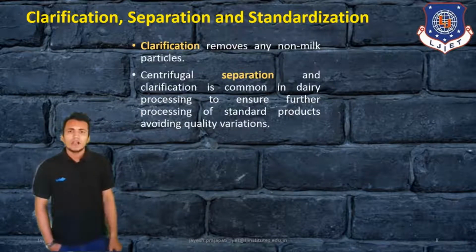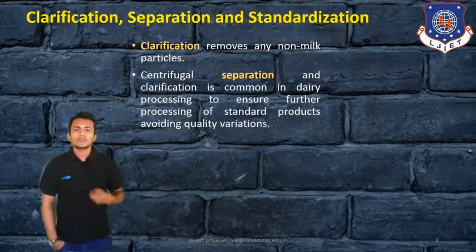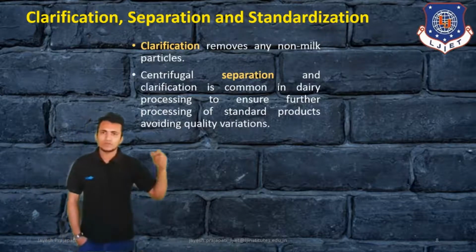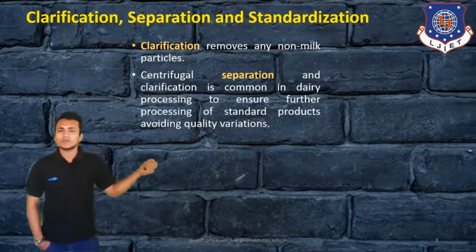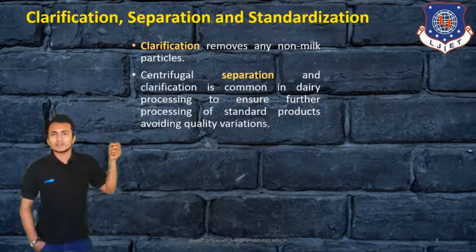Then centrifugal separation and clarification is common in dairy processing to ensure further processing of a standard product, avoiding quality variation. So if any non-milk particles are available in milk, they can be removed by the clarification and